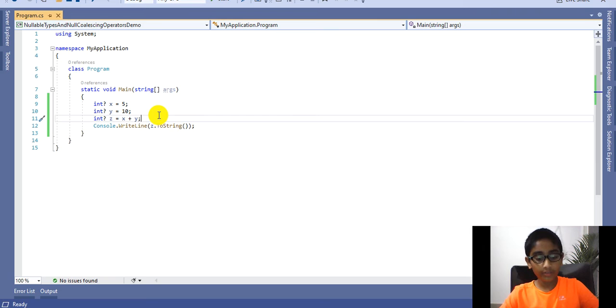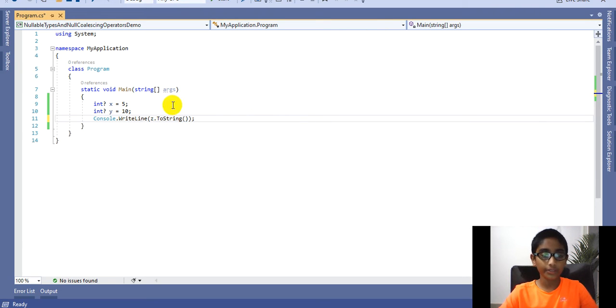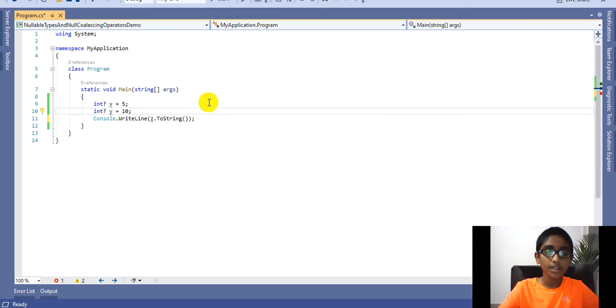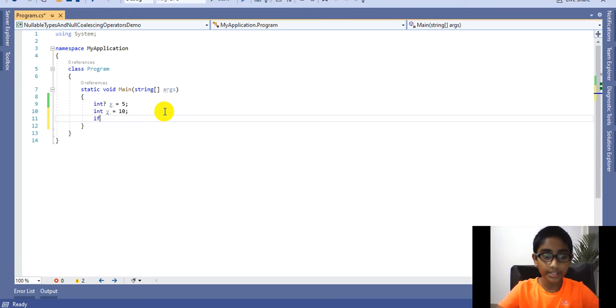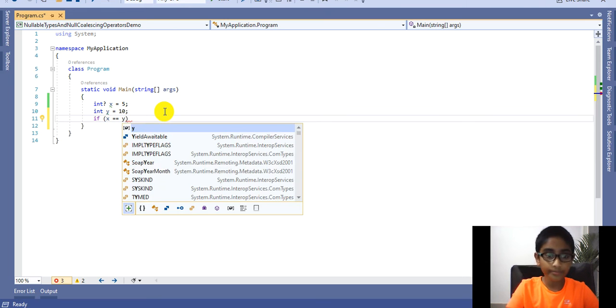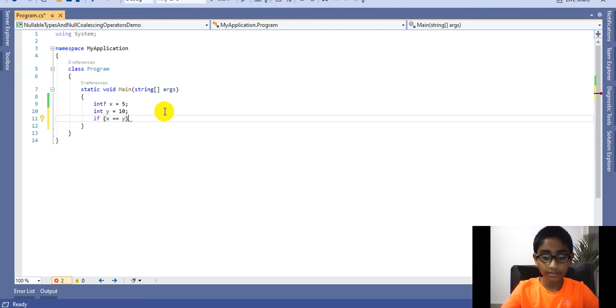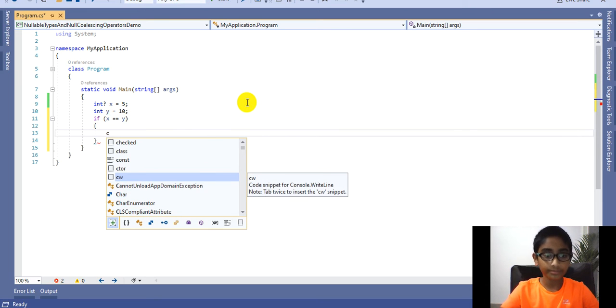Now I'm going to remove the declaration of the variable z. Now I'm going to show you how nullable and non-nullable types work with comparison operators. So I'll remove this and make this a non-nullable type. Now I'm going to type in an if statement. If x equals y, then Console.WriteLine,